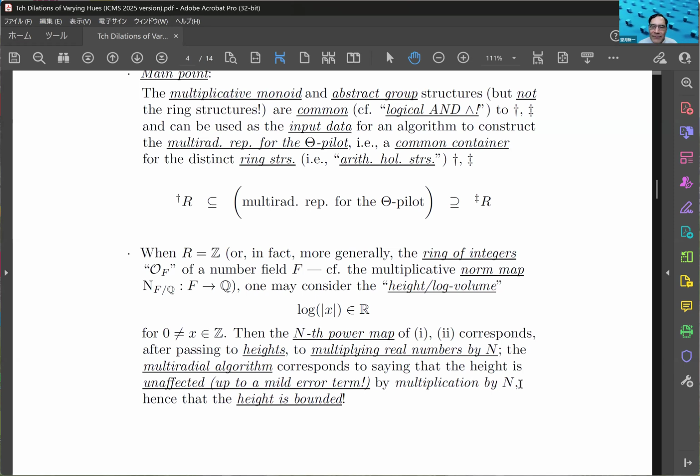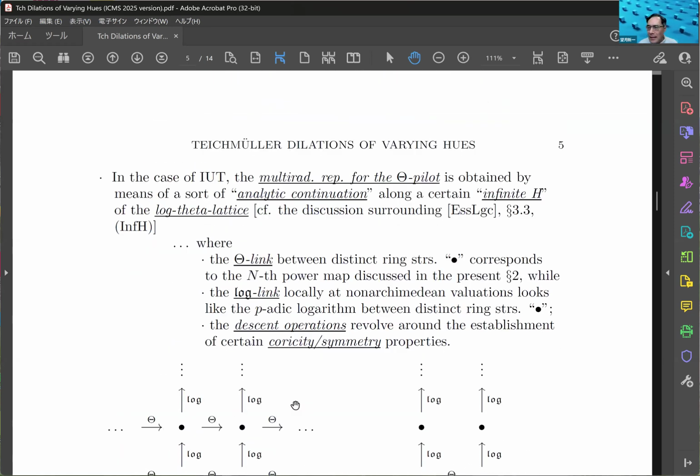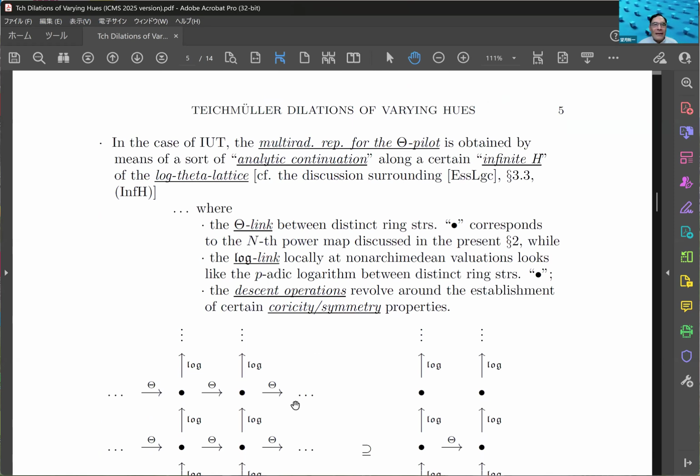So if it literally is invariant with respect to multiplication by n, that would imply that the height is 0. So it's unaffected by multiplication by n up to a mild error term. So this means that there's a bound on the height. So in the case of IUT,